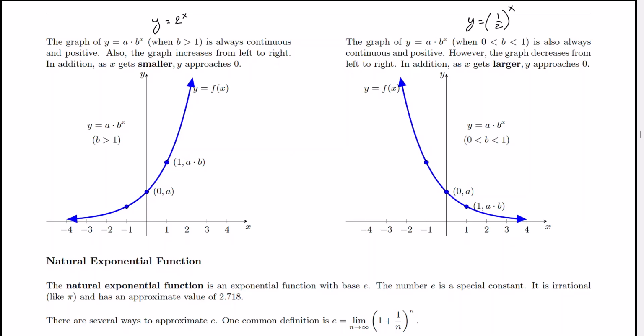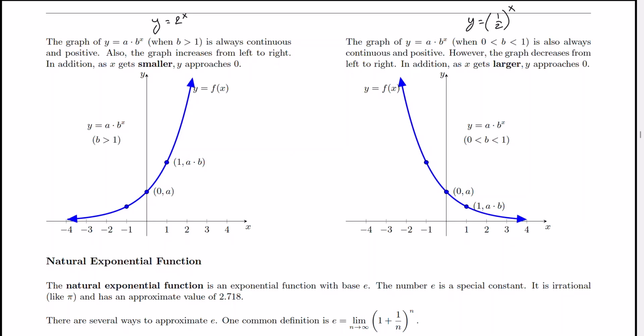And also there are some important points that we will always cross through. So for example, we always cross through the point (0, a). So this is 0 comma the base of your problem. And there's another point where if you plug in 1, you're going to get the base raised to the power of 1, which is just the base. And if there's a constant multiplied by the base, then that's the y-coordinate that needs to go there. So with this in mind, let's take a look at how we can graph the functions